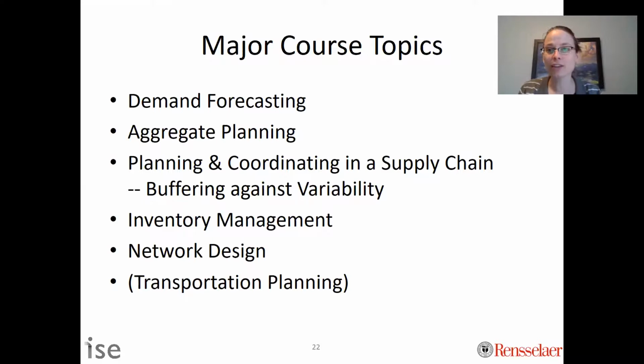You can think about using analytical tools, using statistics and data to improve your demand forecasting. You can use optimization to figure out how to plan my resources so that I can meet my demand. You can think about how you want to buffer against variability. Variability is always going to exist, but you as a decision maker have the ability to decide how you want to buffer. And one of the main ways to be smart is to reduce variability, so you can have less buffer for the same level of service. Inventory, you can have different ways and amounts of inventory, and you can have different network design, which is where your facilities are located and how their resources are allocated.